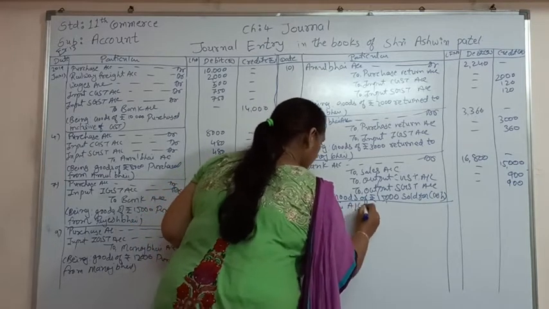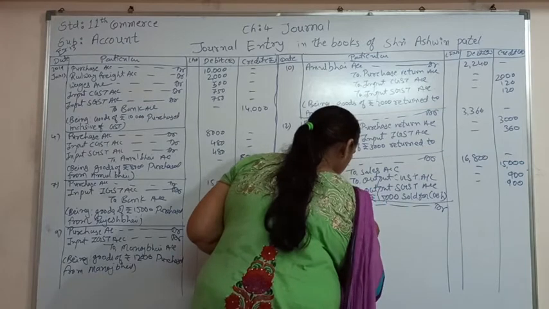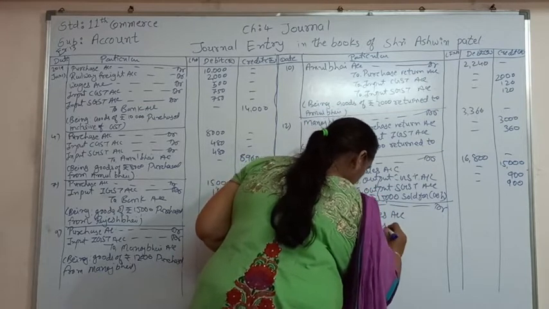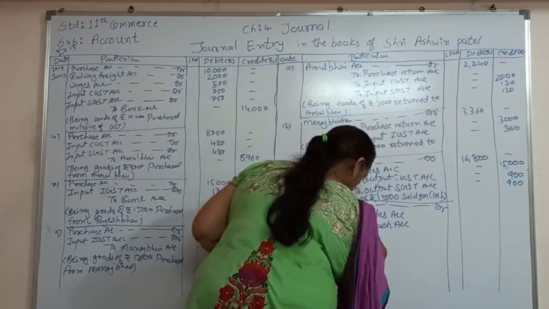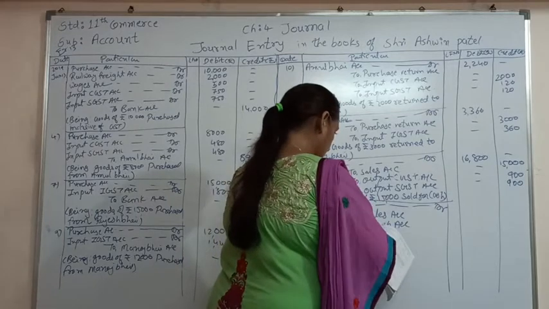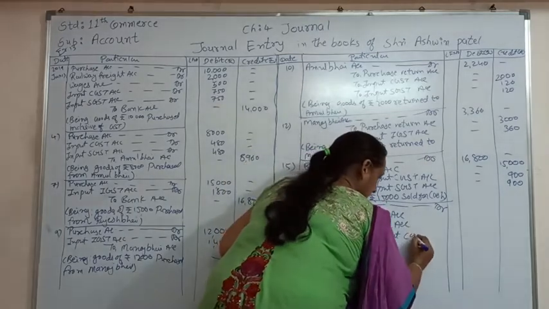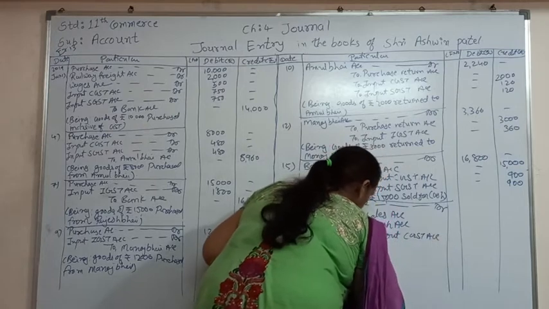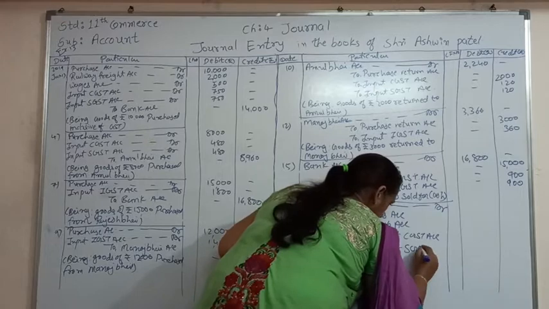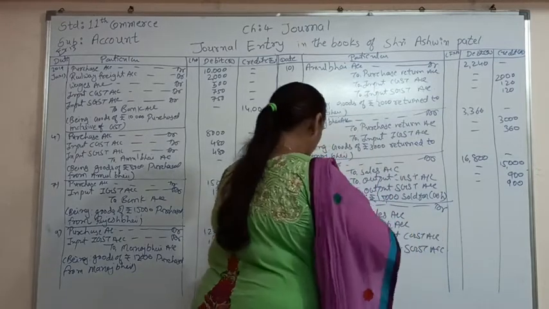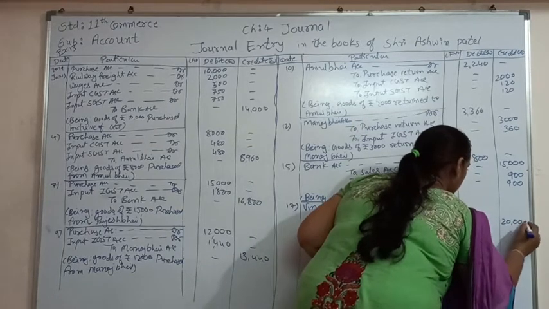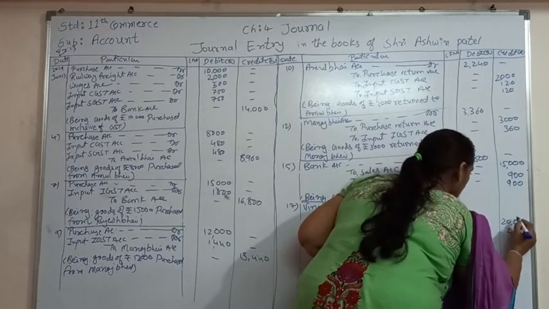debit, to sales account, to cash account, to output CGST account, to output SGST account. Here we have made the sales of rupees 20,000 and we have paid cash of rupees 2,000,